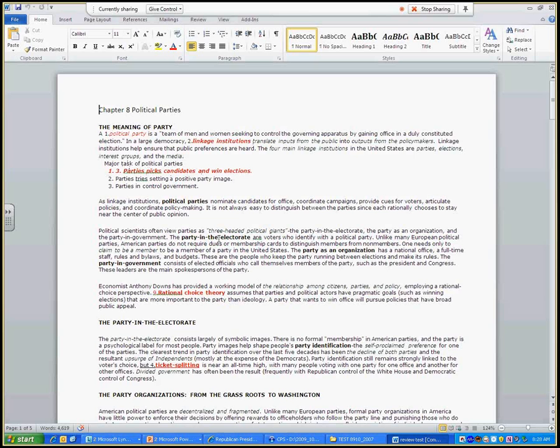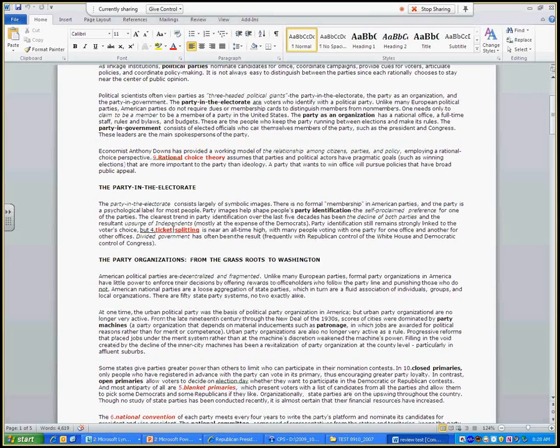Now, going down a little bit to rational choice theory, that means that a party will try to win more than stick with their beliefs. For example, the Republican Party is an anti-abortion party. If they thought they could win and if they believed in rational choice theory, they would be pro-abortion if they thought that would help them win. So that's what that is.